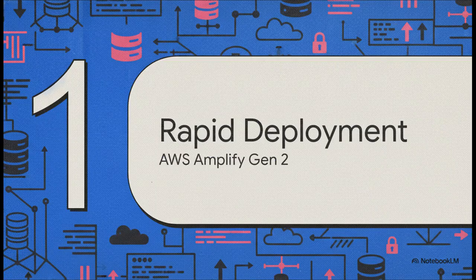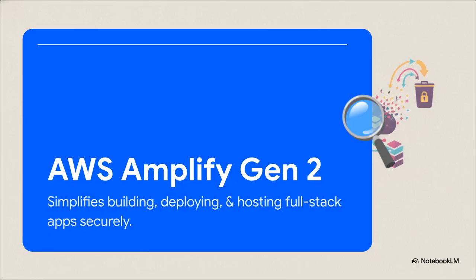All right, kicking things off with Section 1, rapid full-stack deployment, bringing apps to life with AWS Amplify Gen 2. Now, to get apps off the ground super fast these days, developers are turning to platforms like AWS Amplify Gen 2. Because, honestly, instead of manually configuring dozens of totally separate services, Amplify just simplifies the whole shebang: building, deploying,